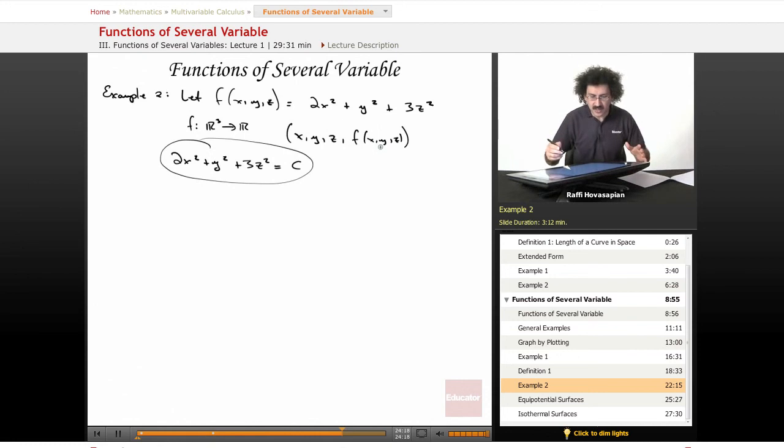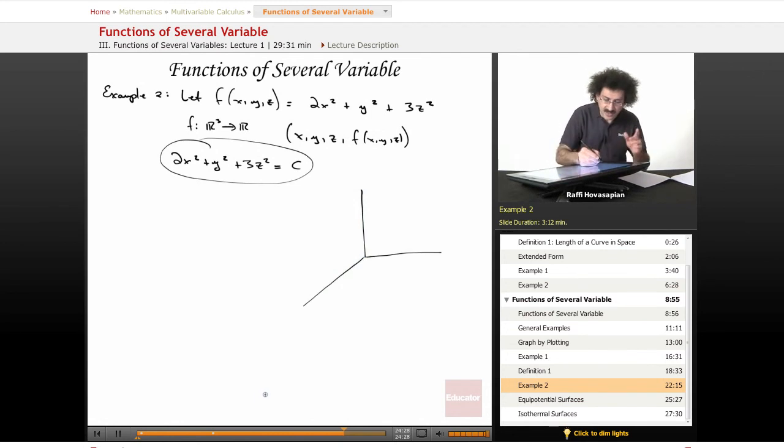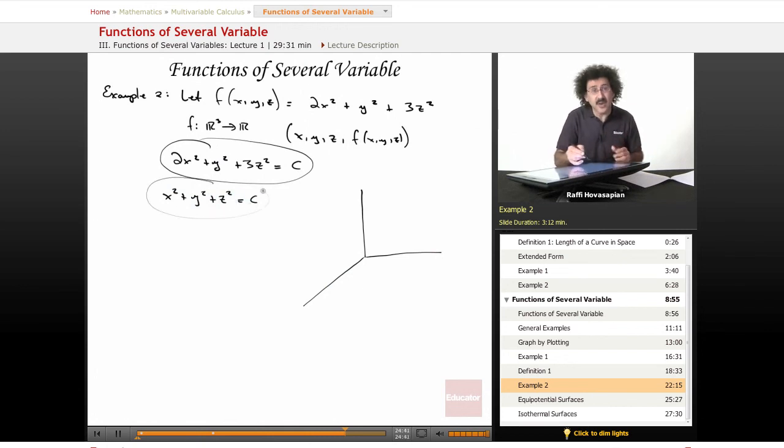So imagine, if you will, so let's just see if we can draw what something like this looks like. In this particular case, let's take a slightly different function, make it a little bit more uniform. X squared plus y squared plus z squared equals c. So now I've just changed the coefficients to make them all 1, 1, 1. What you get, you should recognize it, it's the equation of a sphere centered at the origin. So what you get are these spheres,